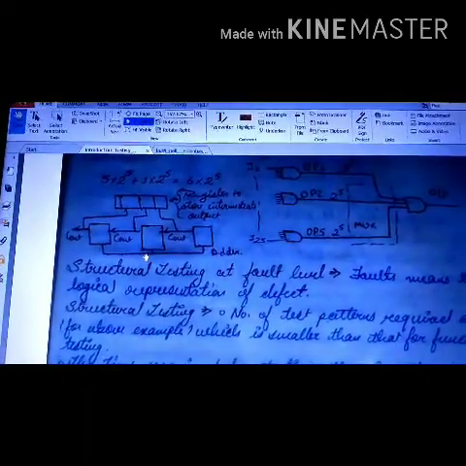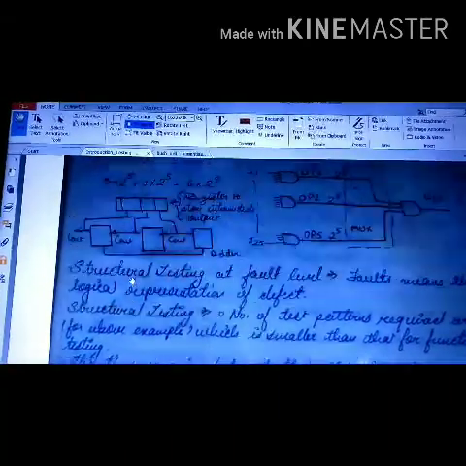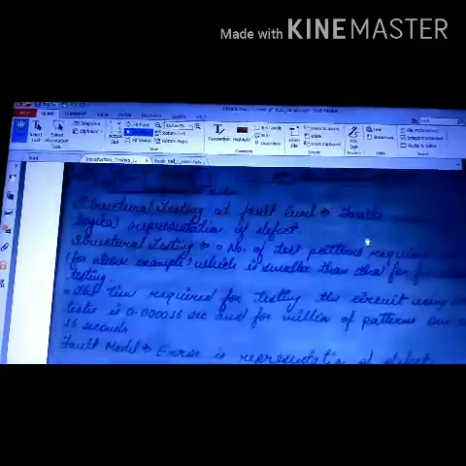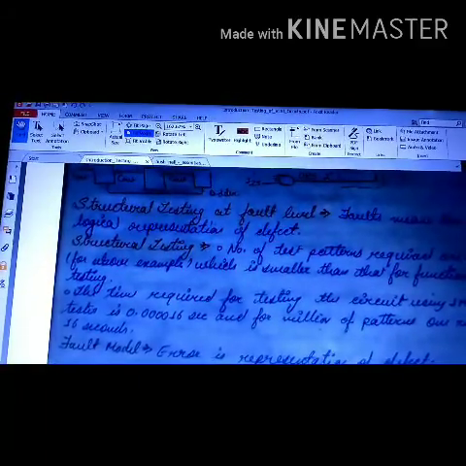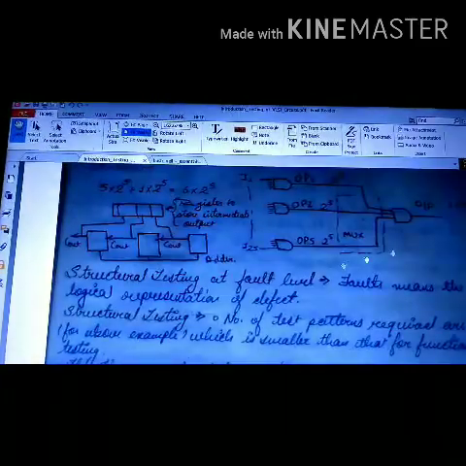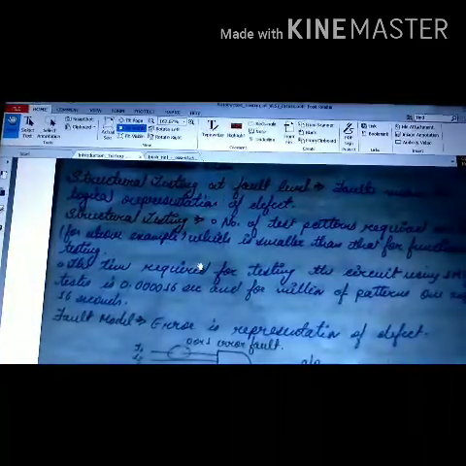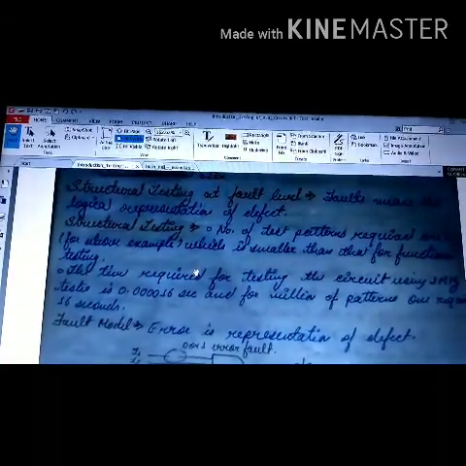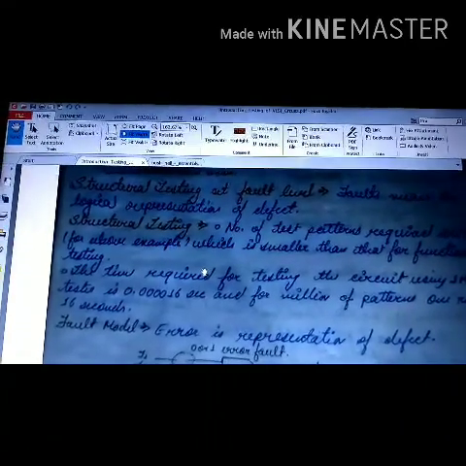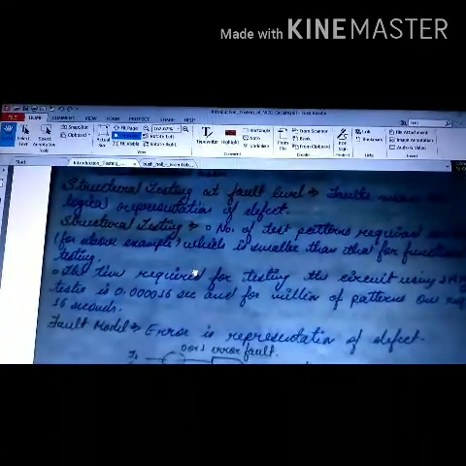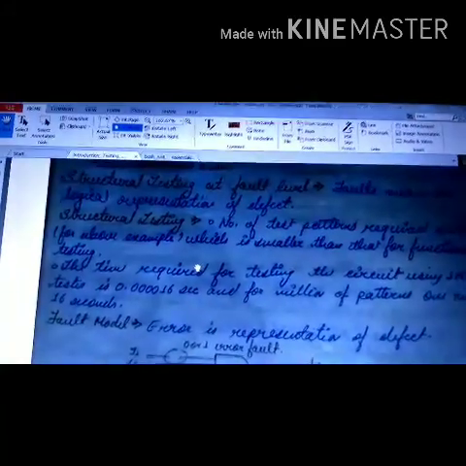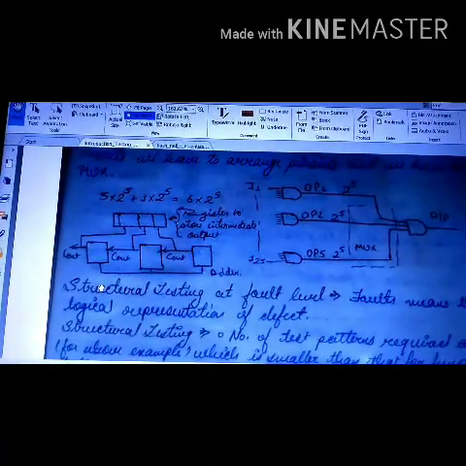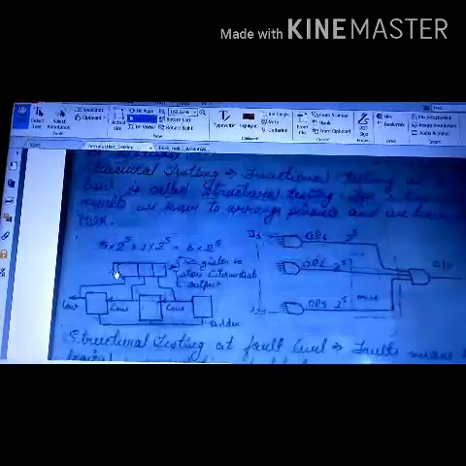Okay, the number of patterns required by structural testing, if we calculate here, is much less as compared to functional testing, and it is 6 times 2 to the power 25 for this particular example that has been shown here. Okay, so the time required by a megahertz tester for such a device is 0.000016 seconds as compared to 33 seconds for functional testing. And if millions of patterns are required, then it will take 16 seconds as compared to 22,000 days or almost 23,000 days for functional testing.